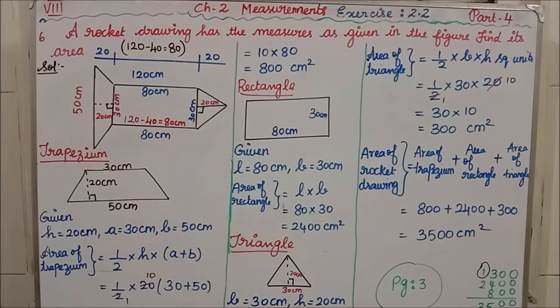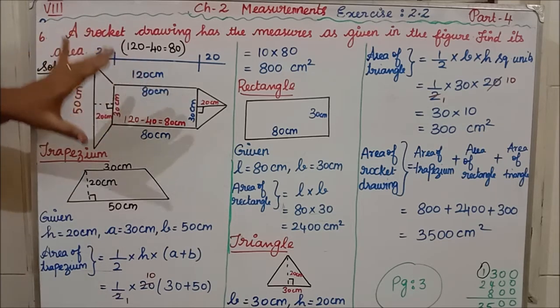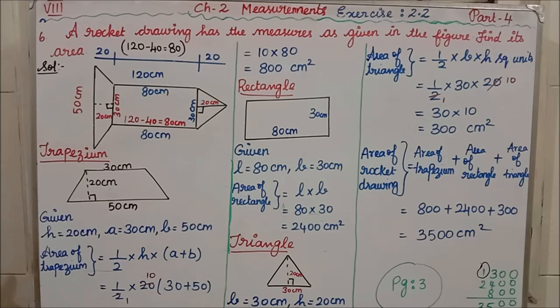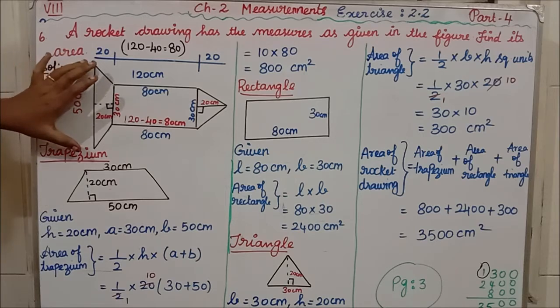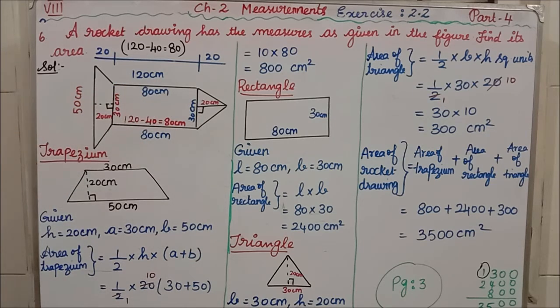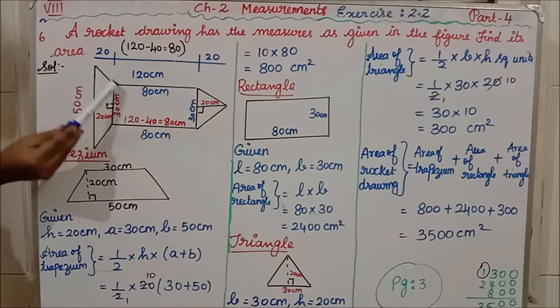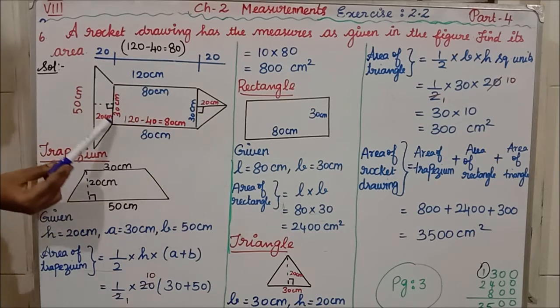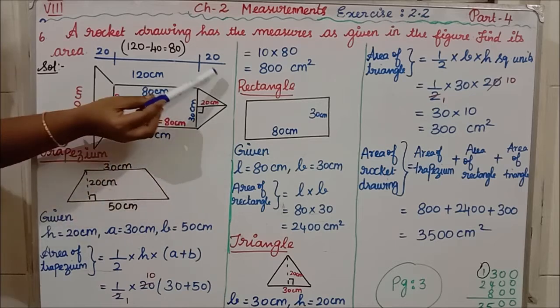Students, if you see the diagram in your book which is given in page number 66, or if you take your book you can see the diagram. In that diagram they have given a rocket shape. To make the rocket shape, what are the shapes we are using here? This is the trapezium, this is the rectangle and this is the triangle. So here we are using 3 shapes to make a rocket. Again one more time: this shape is what? Trapezium. This shape is what? Rectangle. This shape is what? Triangle.